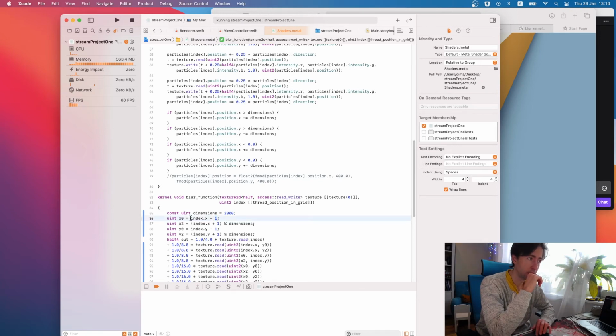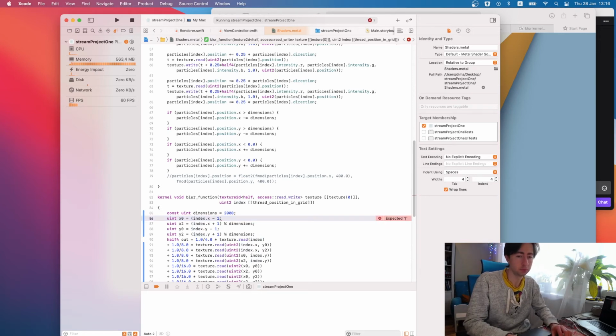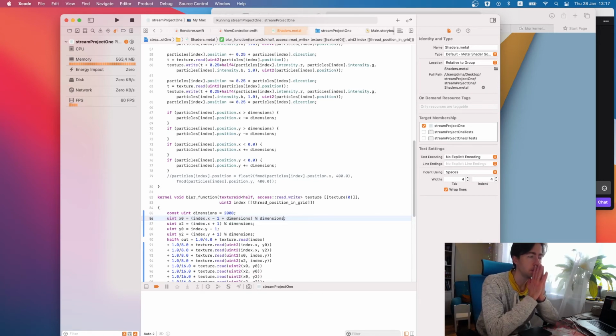So we can add dimension here. Times minus. Does it make sense? Let's check.